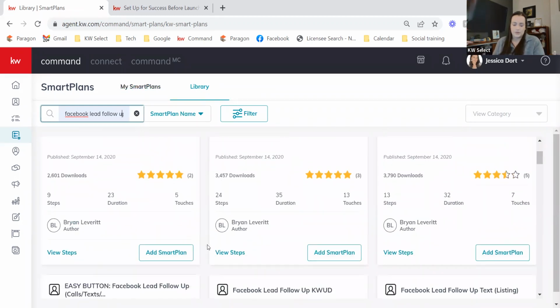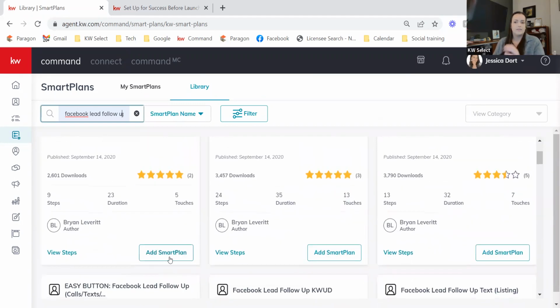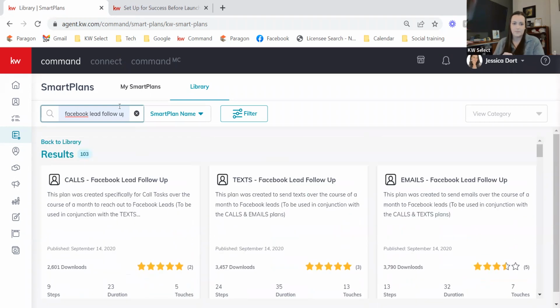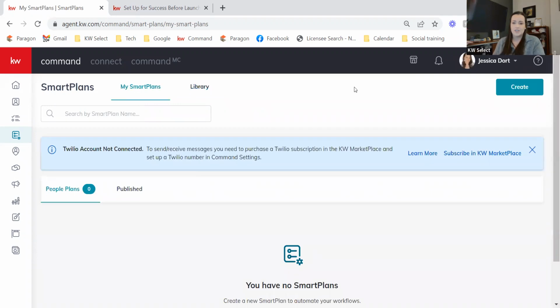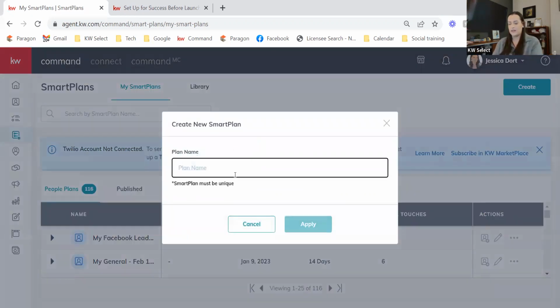So whether you use one from the library, you can click View Steps to see what all of the emails or tasks or any of those things that are going to be created for you. And then you can click Add Smart Plan to actually add it and start using it. Okay. For this purpose, I'm just going to create one from scratch just to show you how quick and easy that can be. So I'm going to click Create here at the top, and I'm going to call it